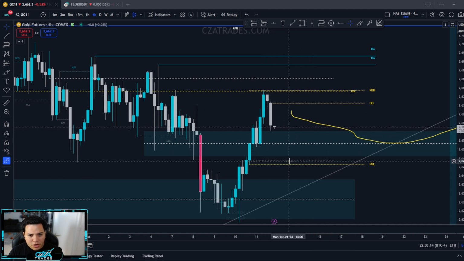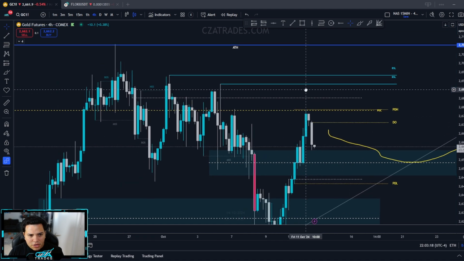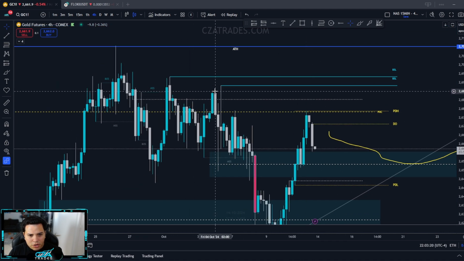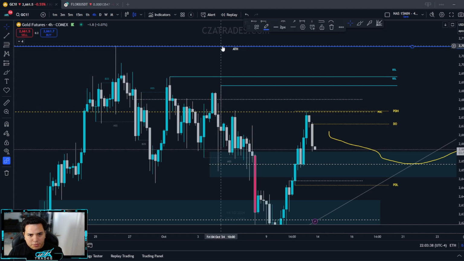So tap into here, break that fair value gap, and then seek the next equal highs, which should be right here. This buy side liquidity, 2690. Since this one's super close, it'll probably seek that one too. I'm not exactly sure if it's actually going to hit the all-time high, but just be expecting that it's going